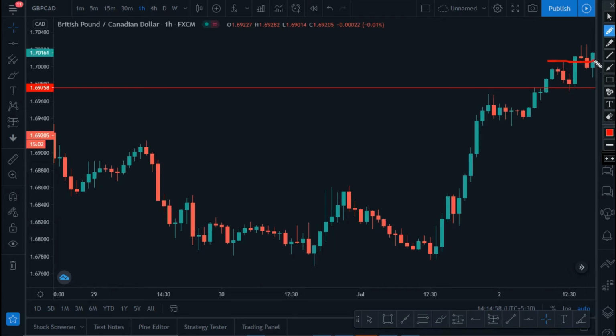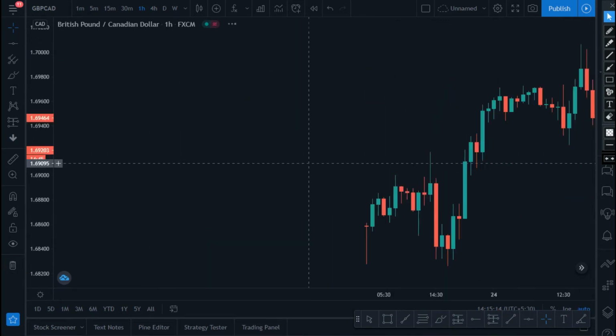So it hit the take profit, and the take profit would be the nearest support or resistance. Like this one, this is the nearest resistance I could see. So this will be the take profit. Did you notice? Okay, let's go back and find another opportunity.